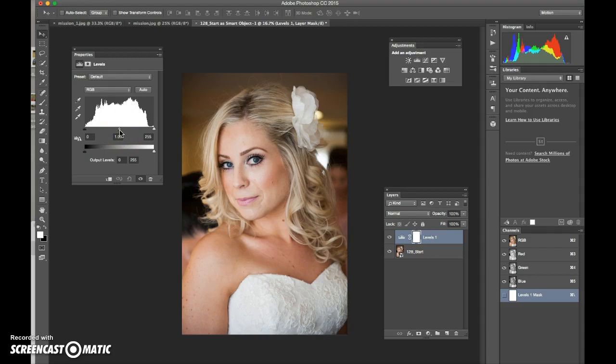Basically, unless you're looking for a special type of effect, the ideal histogram has its black point at the beginning of the data, and the white point at the end of the data here. And you can see that we have probably some burnout areas here in our whites. You can see it doesn't have much information here. And so what we're going to do is